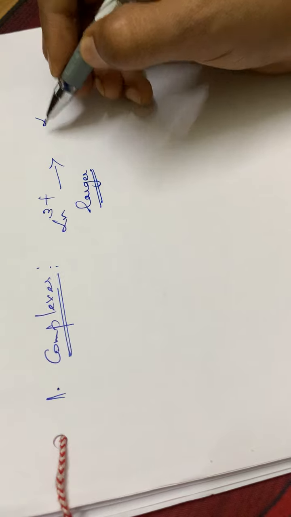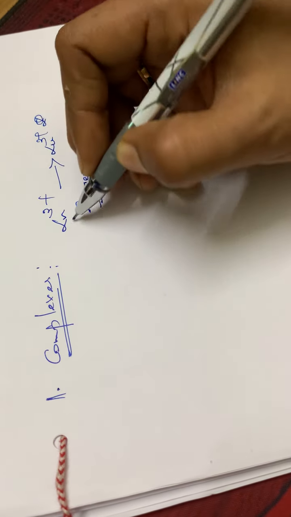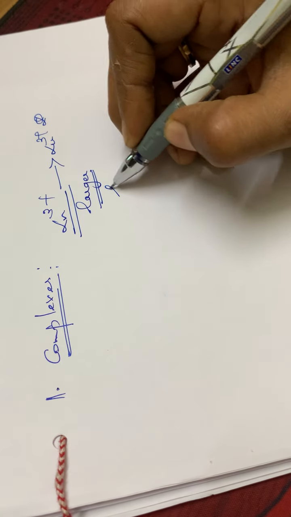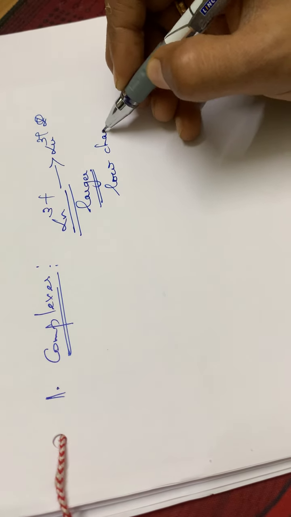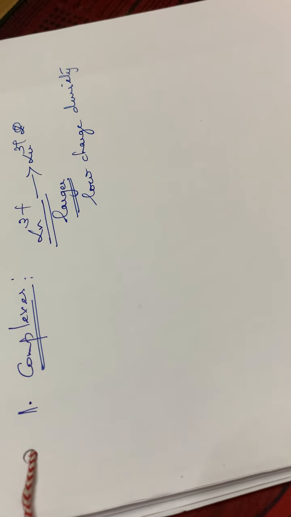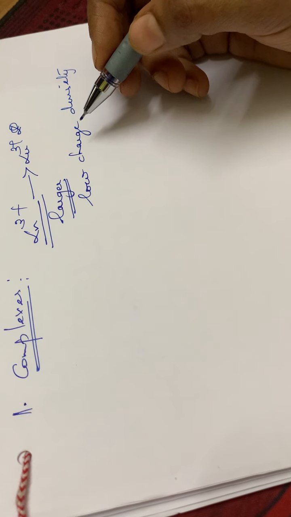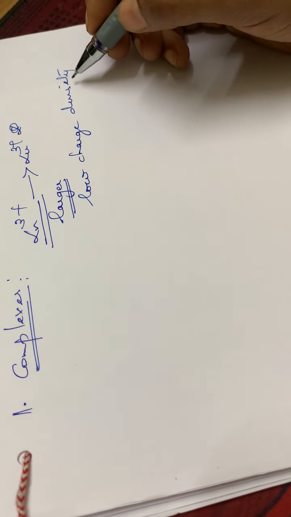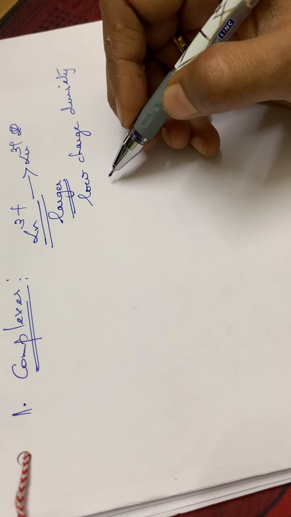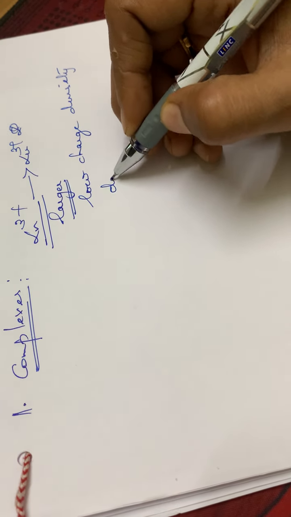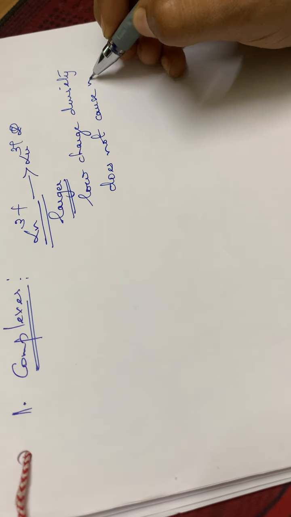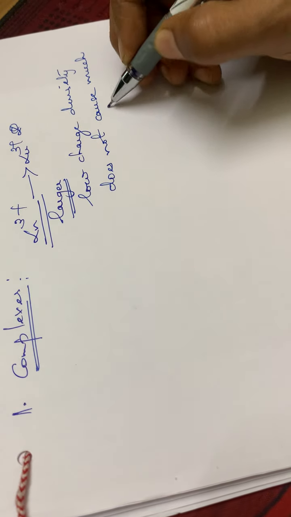From lanthanum to lutetium the size is decreasing, so the size of the ion is comparatively larger, and a low charge density will be there. Because of the low charge density, it does not cause much polarization,